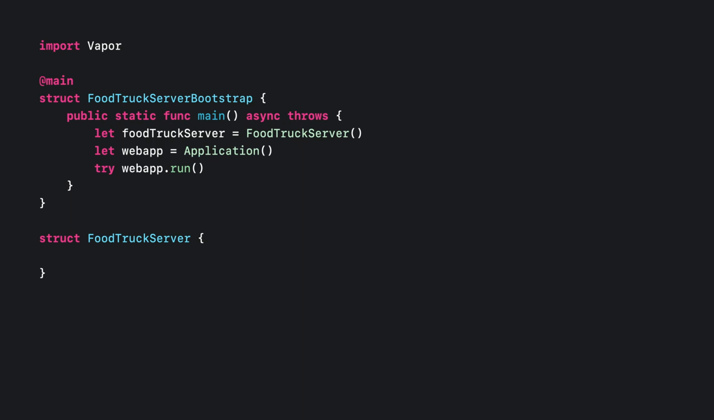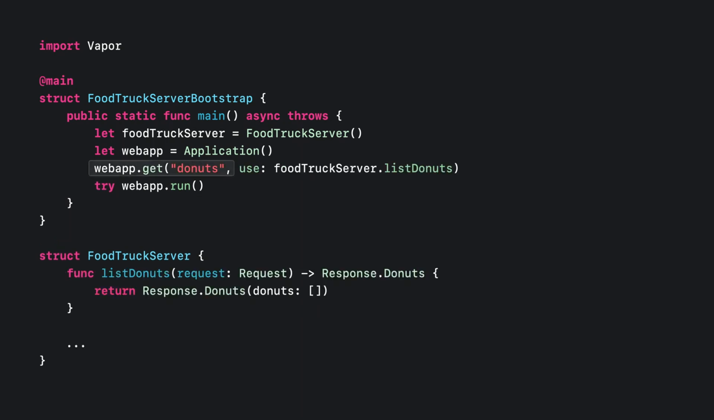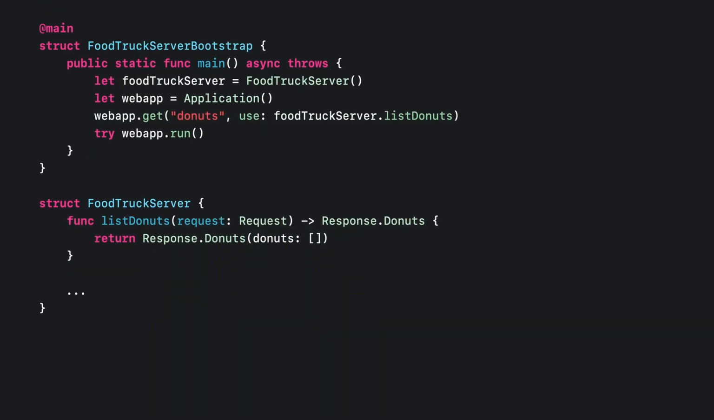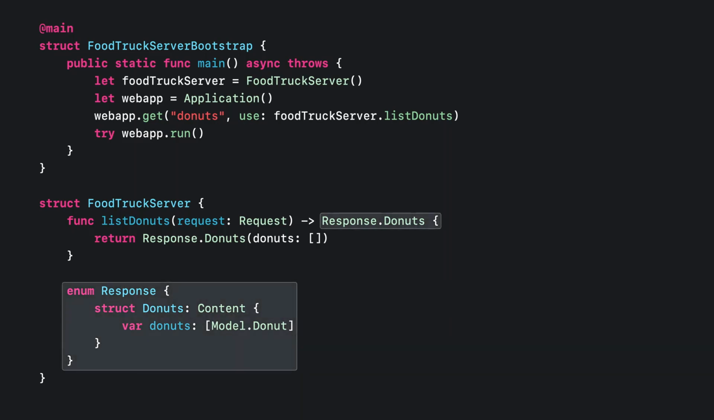We start building our server with an application skeleton, then define the HTTP endpoint for the donuts web API, and point it to the list donuts method on our server abstraction. You may have noticed that the API returns a response of type Donuts, and that Response.Donuts conforms to the protocol called Content. The Content protocol is defined by the web framework and helps us encode the response as JSON on the wire. You may have also noticed that the API includes an array of a mysterious Model.Donut, which we have yet to